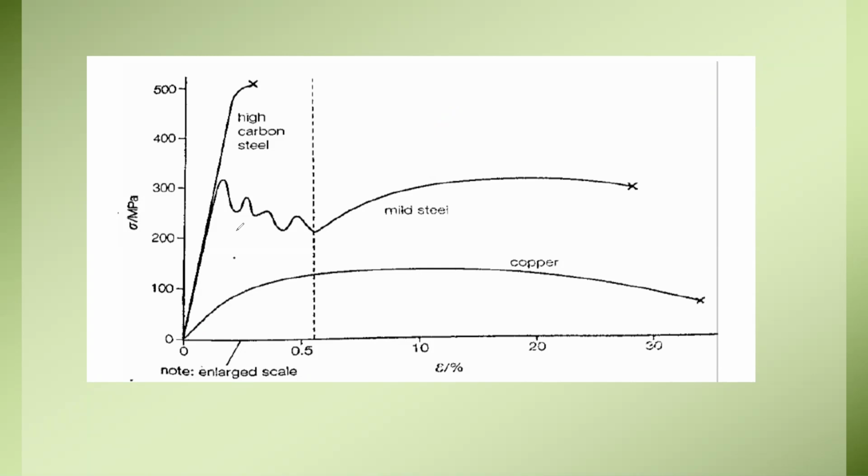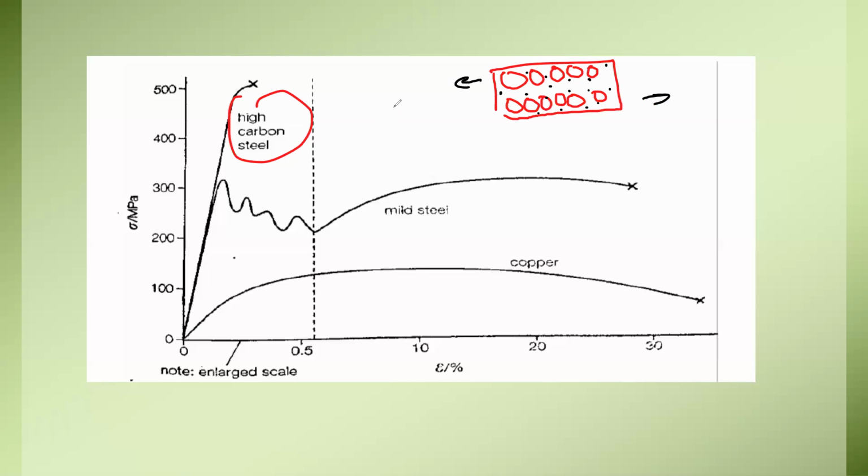The high carbon steel, as you can see, why is it not ductile or malleable? Because these are representing the iron atoms or ions, and it contains an impurity, carbon, which is also there. The high carbon steel contains a greater amount of carbon. As a result, the layers cannot slide over each other. If the layers cannot slide over each other, it cannot deform. That's why the high carbon steel